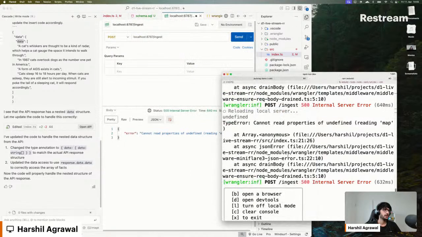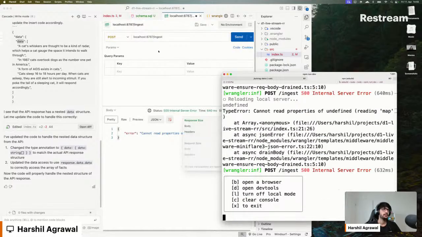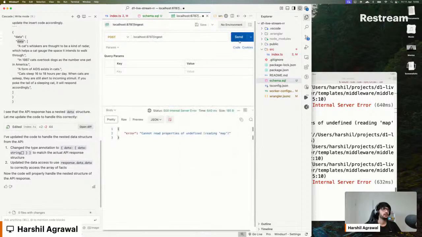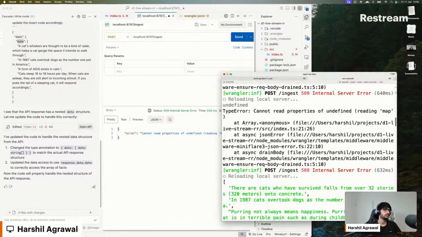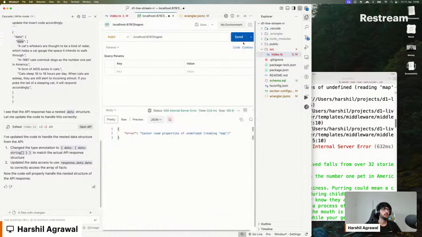Just gonna quickly check here. Yeah, it should just be this. Yep, the response, I think the earlier was correct. And now I should remove it. Save this. And now if we ingest it,